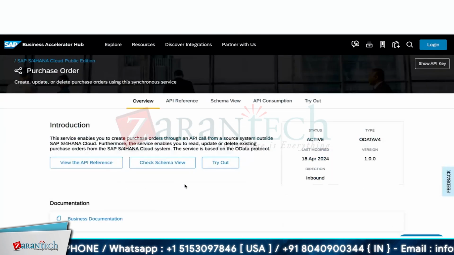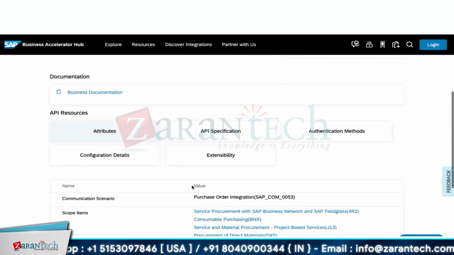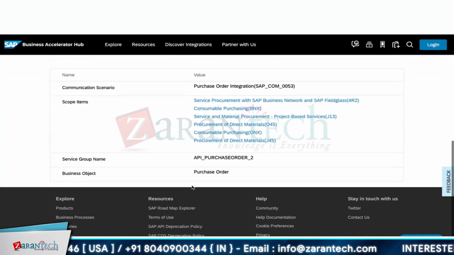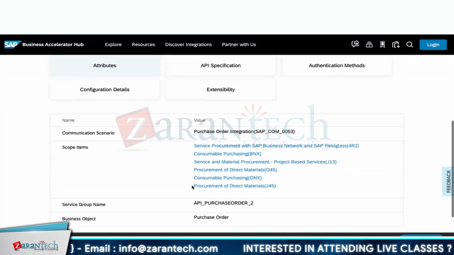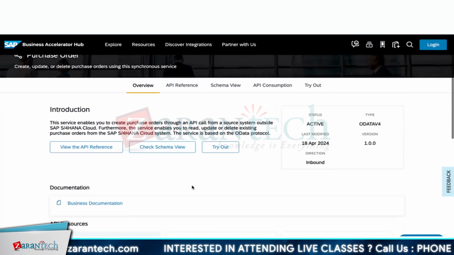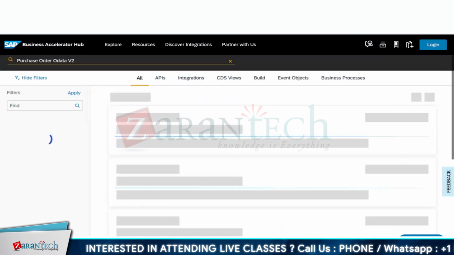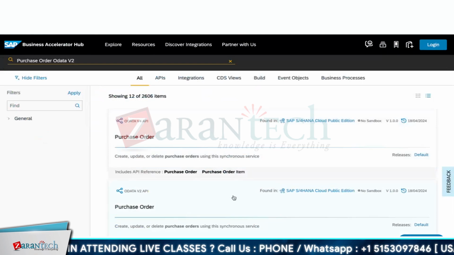I'm picking this V4 API. In this API, this is a service group name. This is OData V4. Let's see if OData V2 is available.